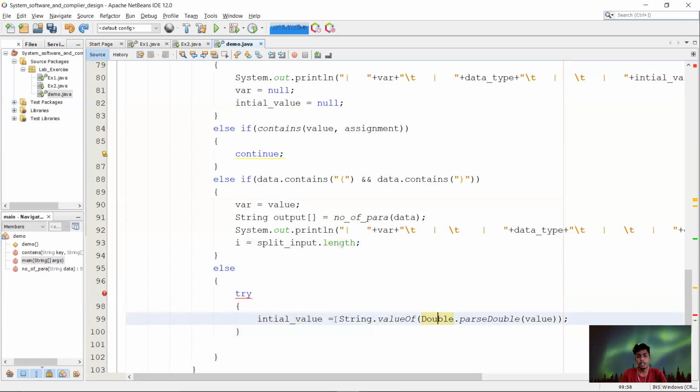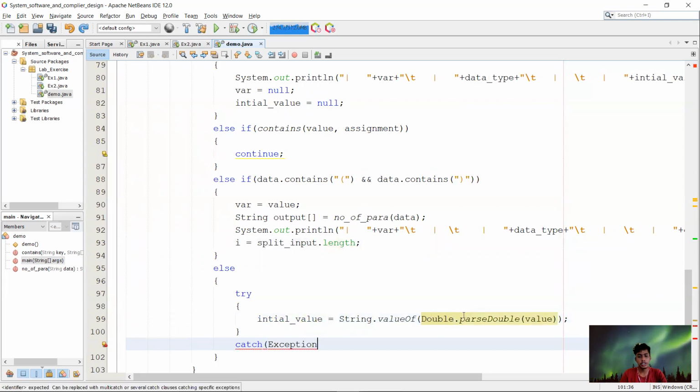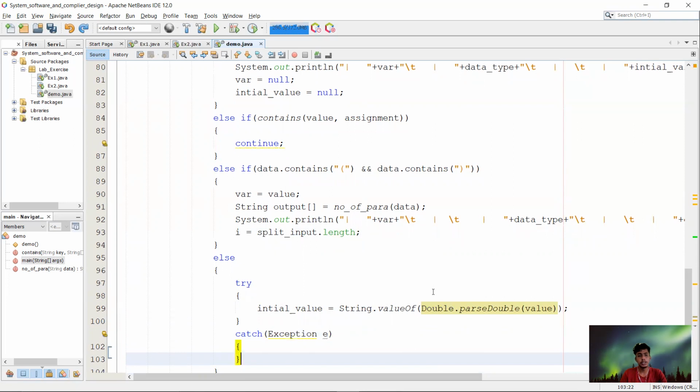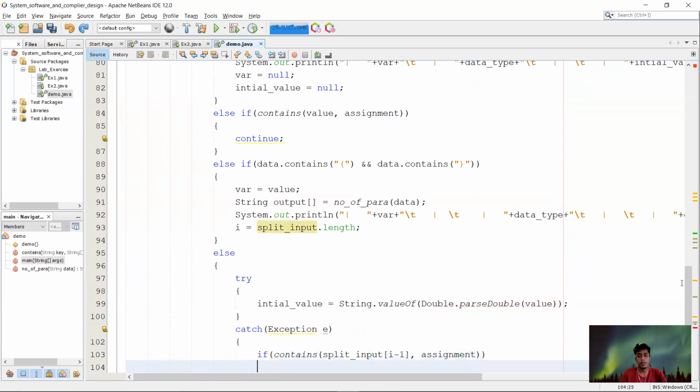If it is another variable, it will throw an exception, because it cannot be changed into a number. So if it throws an exception, there can be two cases: either it is a variable, or it is a value of char type. Inside that, if it contains the i minus 1 assignment,